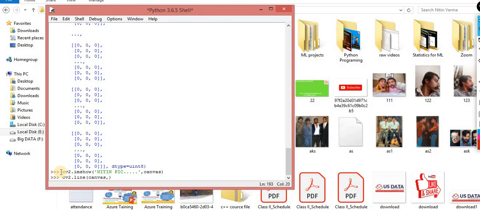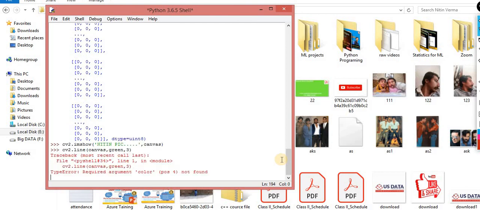And then what do you have to pass? The corners, line, and then the variable name was green, I suppose. Green, and the channels are 3. Let me try this. Is it working or not? No, it's not working, sorry.